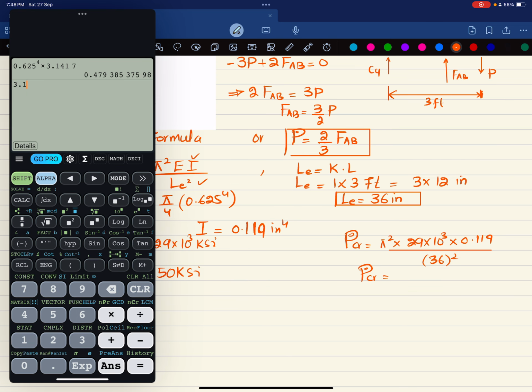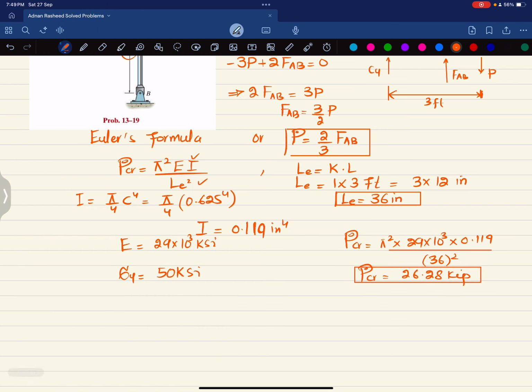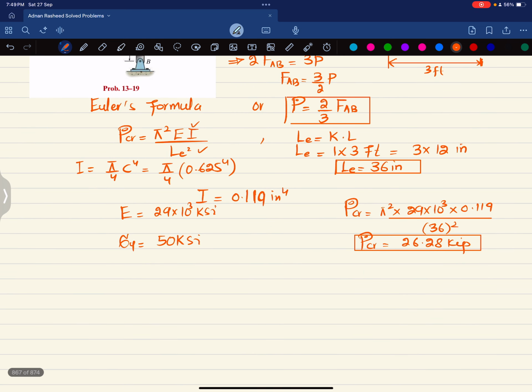So we will solve this and we will get the P critical. Pi is 3.1417, squared, multiplied by 29 multiplied by 1000, multiplied by 0.119, divided by 36 squared, and that is equal to 26.28 kip load. Okay, so this is the maximum load that this rod AB can bear. So we can write that FAB, which is the maximum load in this rod AB, will be equal to P critical, and this is the main point in this question,